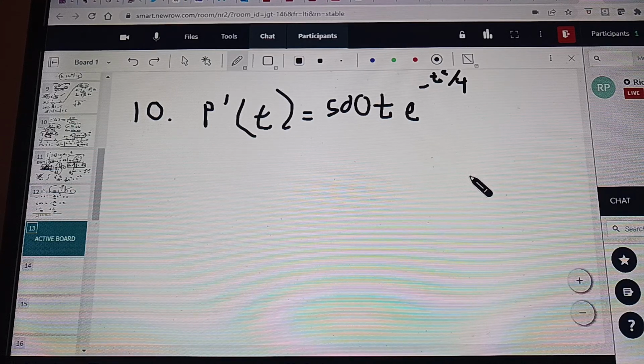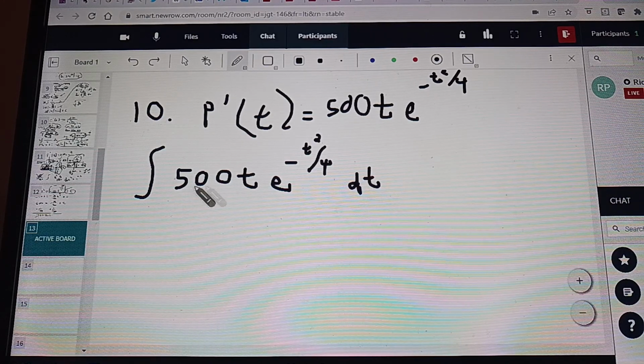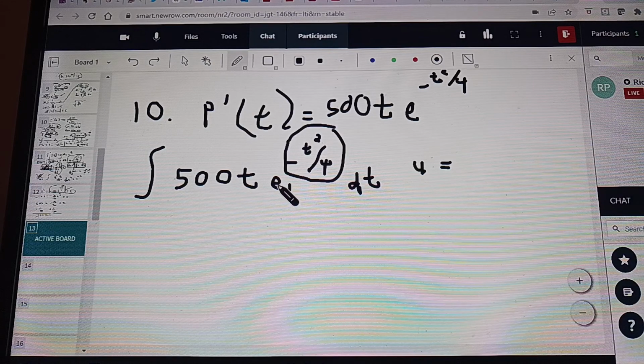So because derivatives and antiderivatives of e to the whatever exponent you have are easier to do, the best substitution plan here would be to set the exponent of the exponential equal to u. I'll write this out first. So this is the integral I would like to do. I'm going to set this entire exponent equal to u, because then I'll end up with an e to the u. I'm hoping to end up with an e to the u. If this complicated part was simpler and it was just u, then this would be easy to do. So set the complicated part equal to u,